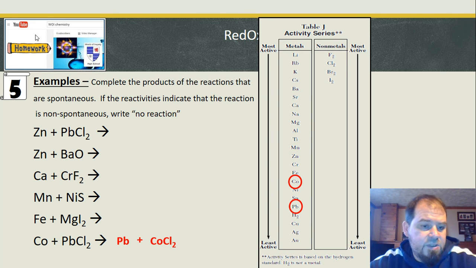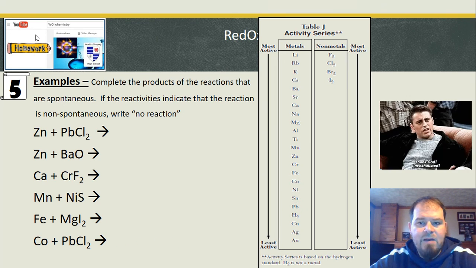So this video is really just about that. We're going to use table J like we have before. We're just not going to be beholden to that H now, and it's not above H and below H. We're going to look up the two elements, and if the lone element is higher than the bonded element, we have ourselves a spontaneous reaction, guys. And with that, we are tons of